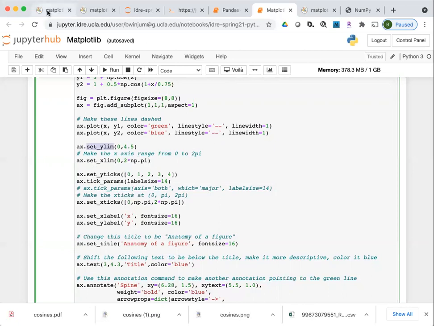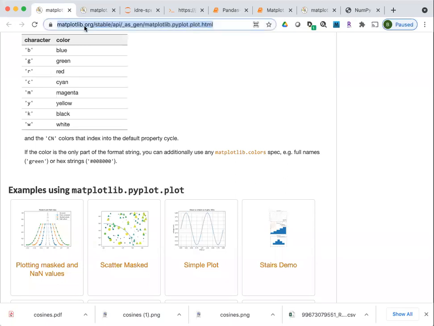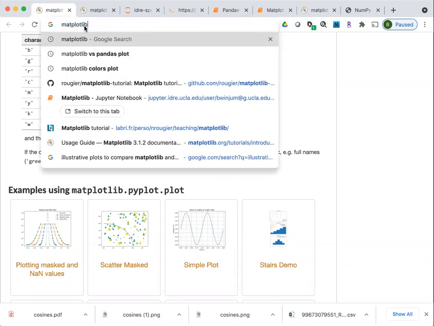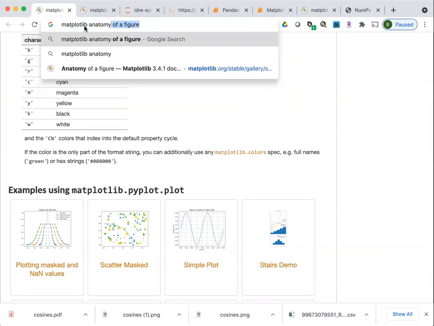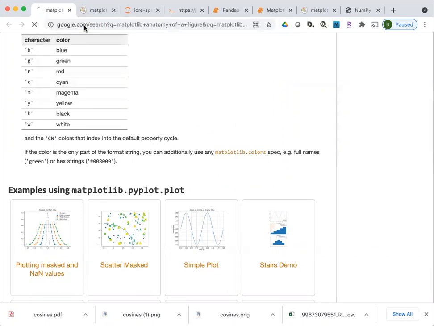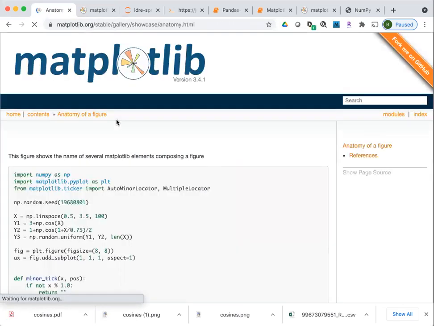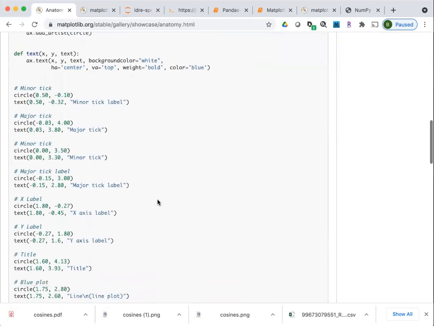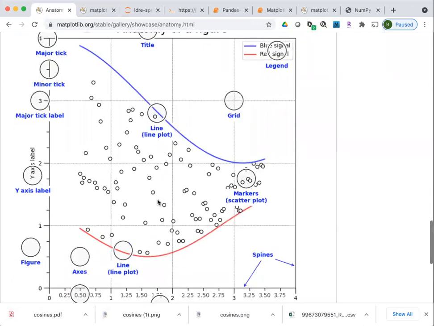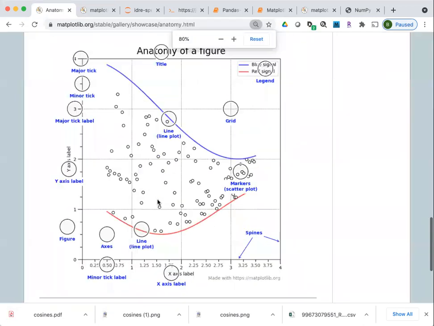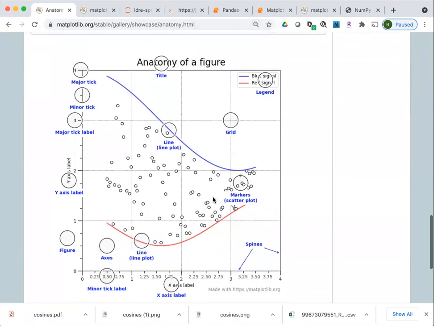So if I look at the anatomy of a figure, here, this graphic, I'm going to make this smaller. This, as it says, was made with matplotlib.org.